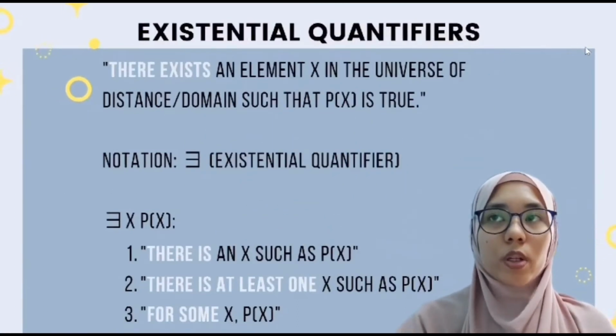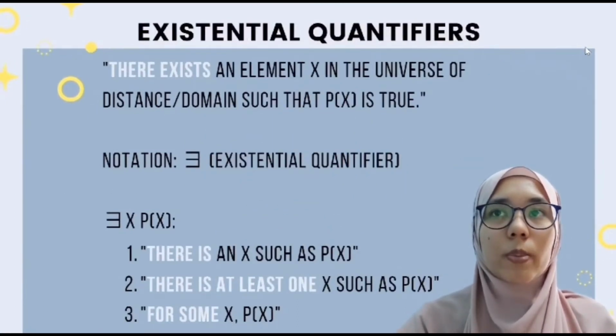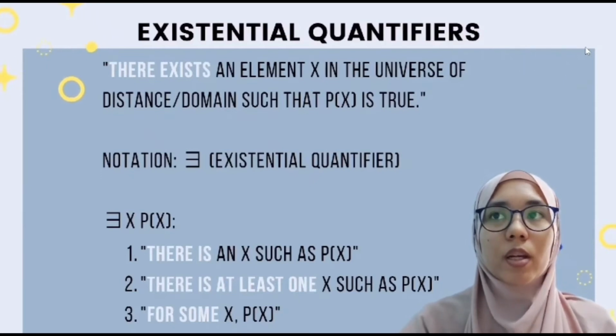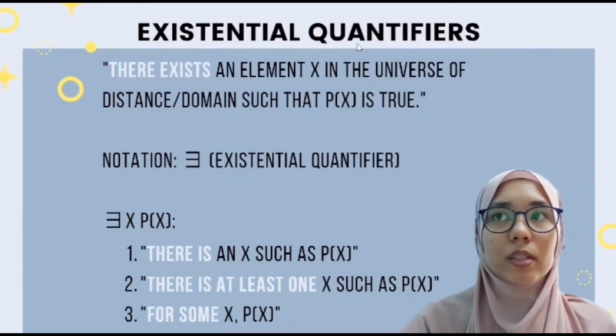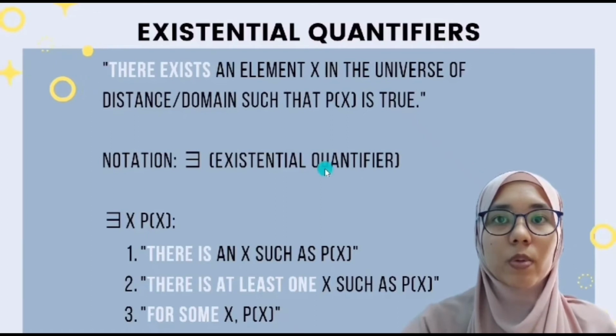Now we will move on to the next discussion, where we will talk about existential quantifiers. The existential quantification of Px is the statement that there exists an element x in the universe of discourse, or domain, such that Px is true. The keyword for the existential quantifiers is highlighted, which is "there exists", and the notation looks like a reflected shape of the letter E. The notation itself is known as the existential quantifier,